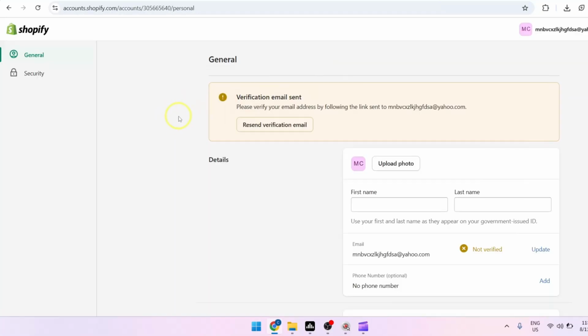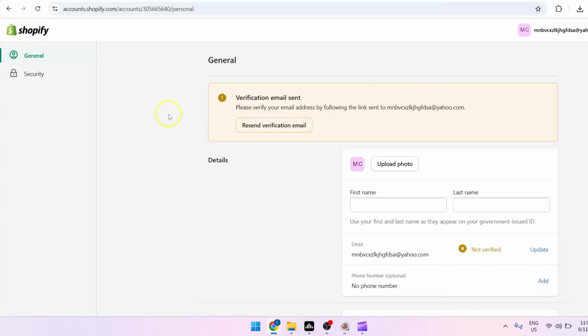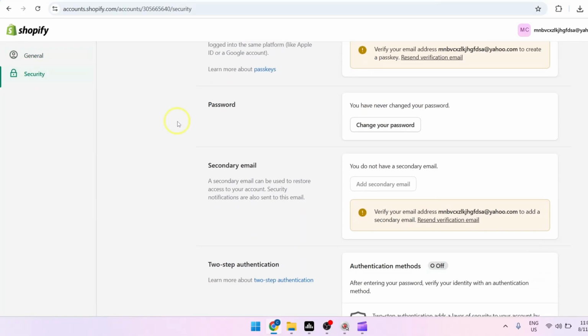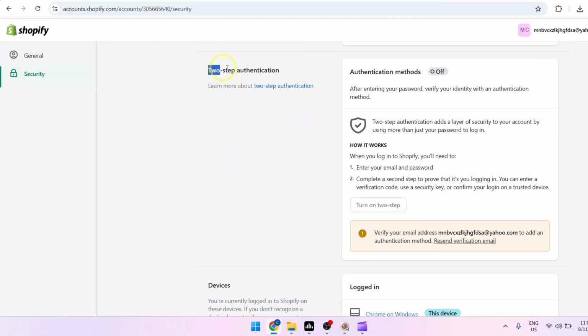You will then be redirected to the general settings page. And from here, the first thing that you should do is verify your email address. If your email address is still not verified, you should be able to see a warning or note here that says please verify your email address. And once your email is verified, in the left panel, click on security, then scroll down until you get to